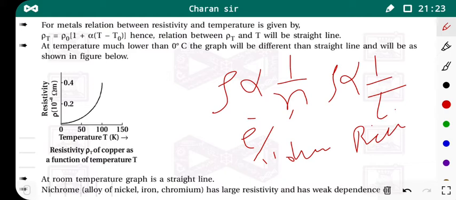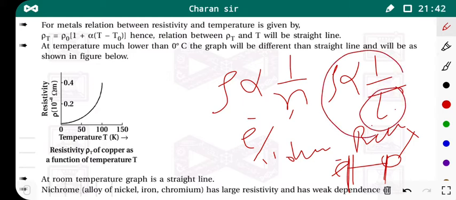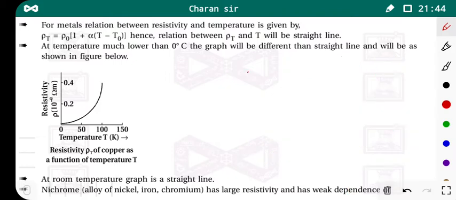And what is the relaxation time? Relaxation time is defined as the time between successive collisions. An electron can collide with the fixed ions, so successive collisions take place, and the time between successive collisions is known as the relaxation time. First we consider this dependence: rho is inversely proportional to tau.